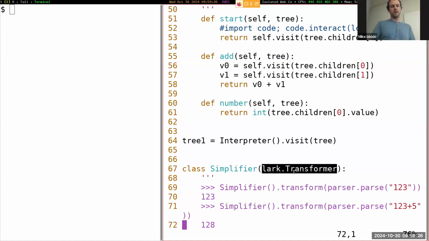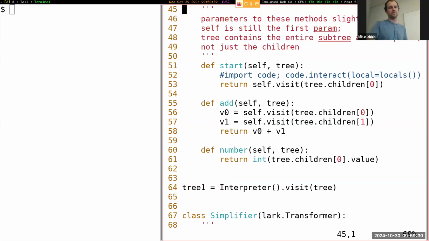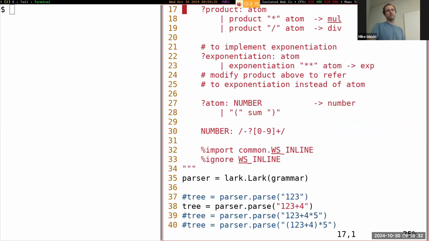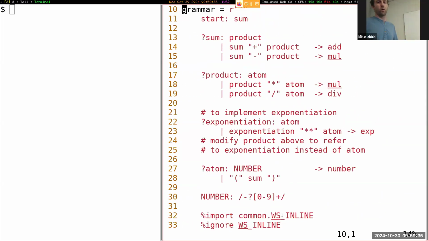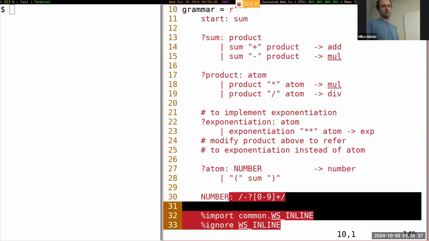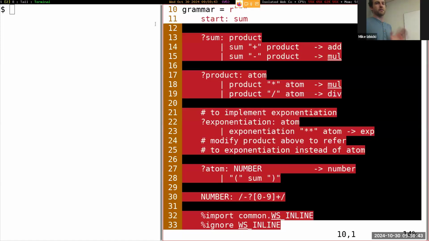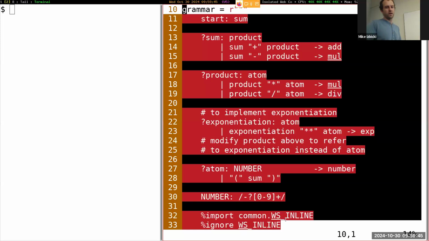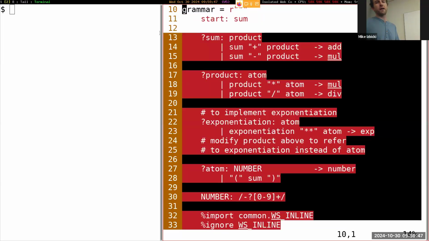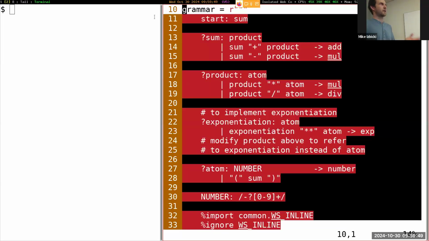So it may be a little bit confusing at this point how all this stuff connects to the language model stuff that we've been talking about. At this point, the only real connection that we have is inside of something like whisper.cpp or llama.cpp. You can define a grammar, something like this, slightly different syntax, but the key idea is the same. You can define a grammar like this, and llama.cpp or whisper.cpp will restrict the output of the model to stay